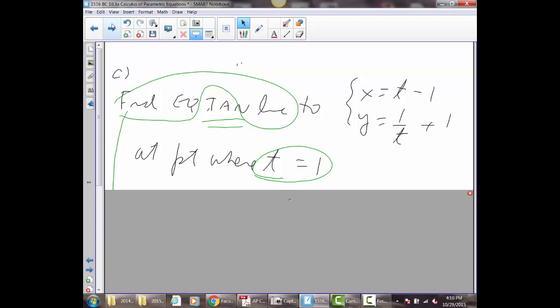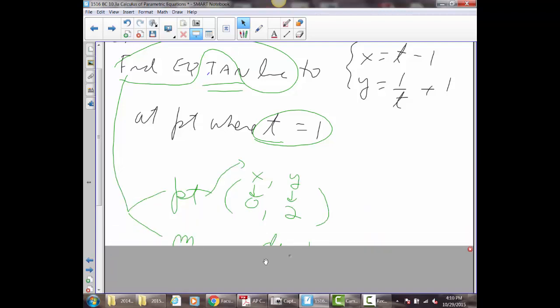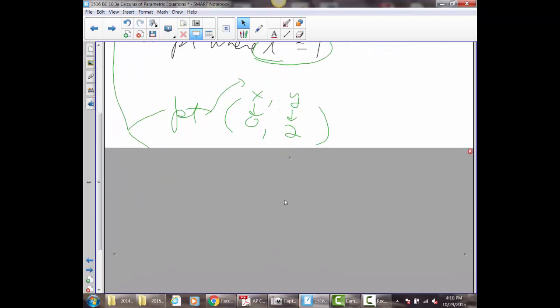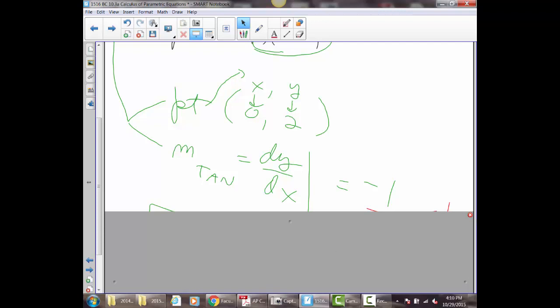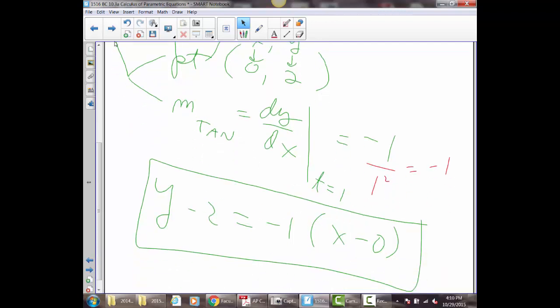Okay, find the equation of the tangent line now at the point where t equals 1. So we need a slope and we need a point. We've got the point 0, 2. We've got the slope negative 1, and we just put it into the point-slope form. And remember, that's because we knew dy/dx was negative 1 over t squared, and now we know that t is negative